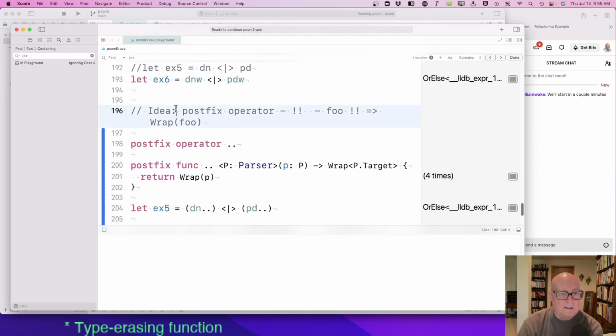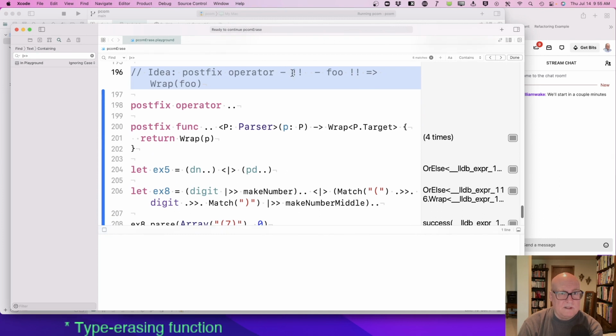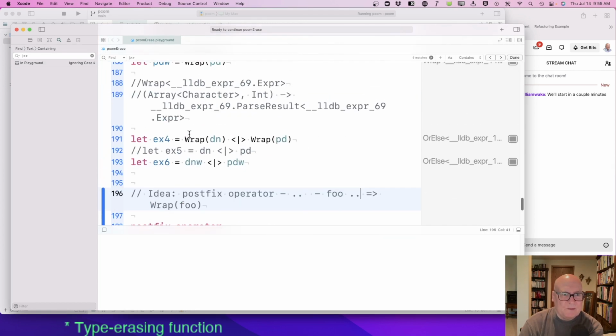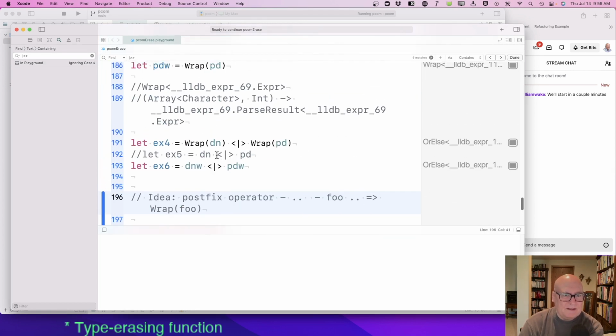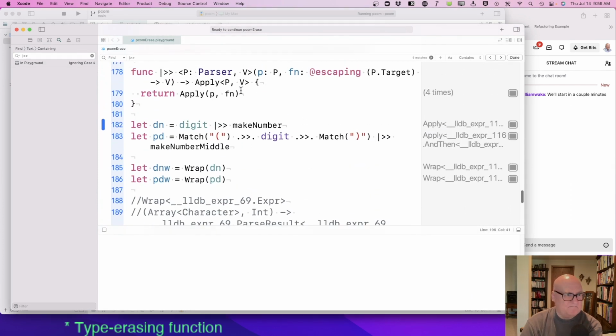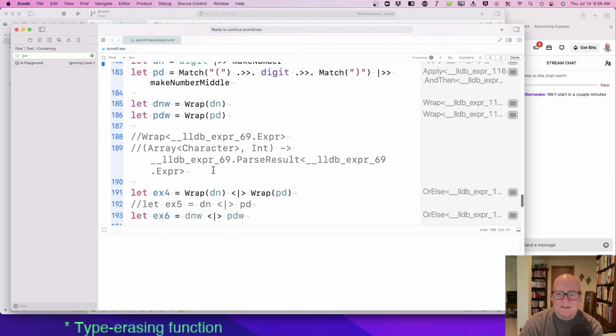So I think we've demonstrated that the postfix operator can make up for these wraps and make them a little less obnoxious. Only a little. I don't know why putting the wrap inside didn't do the job. I'm sure if I had it, it would all look plausible, but getting there is not happening.